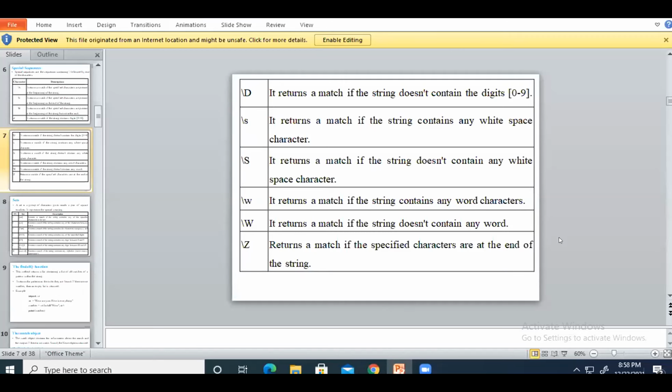Okay, so can anyone perform all these operations? The capital Z operation, can anyone perform? Double slash, this one. Can anyone perform this operation, slash capital Z? Perform this operation, that is the \Z operation. Anyone?